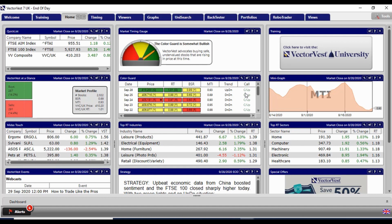And then the fifth signal, which is very free of noise, is the underlying trend confirmed by 2 weeks price action. And as I say, in the last sell-off where the underlying trend went down, where the MTI went down below 1, it wasn't down there long enough to actually trigger a confirmed down. So the confirm signals ignore a great deal of the noise. I hope I haven't made that too complicated for you,